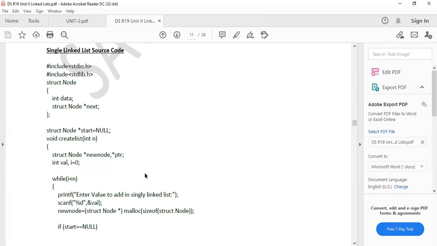Malloc functions are used for providing the memory for the nodes. For the creation of nodes, we are using memory. So how can we allocate memory? With the help of malloc functions only. All these malloc functions are available in the standard library, the stdlib header file. That is why we are using stdlib. So just for the malloc function support, we are using the header file.